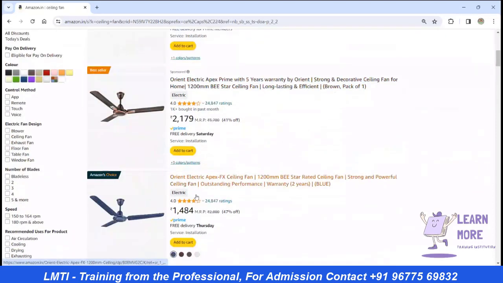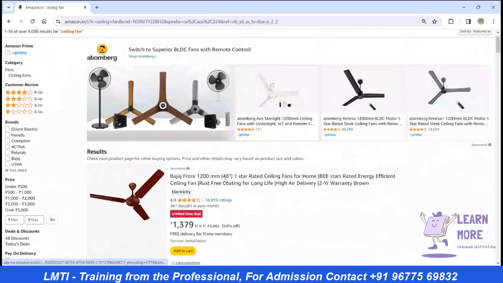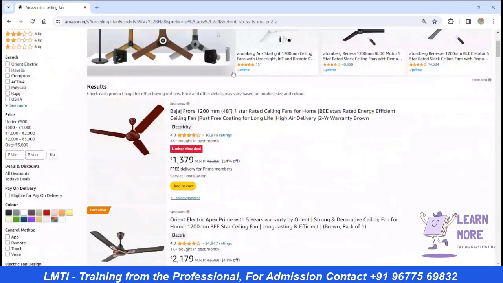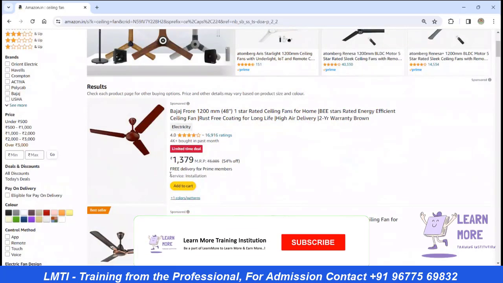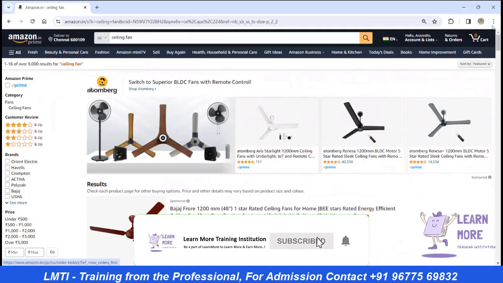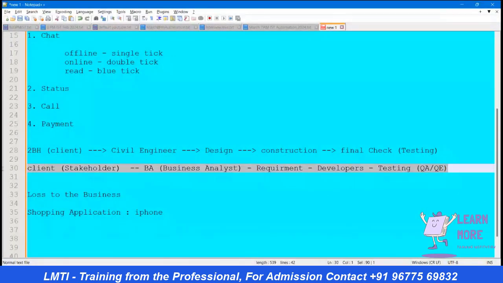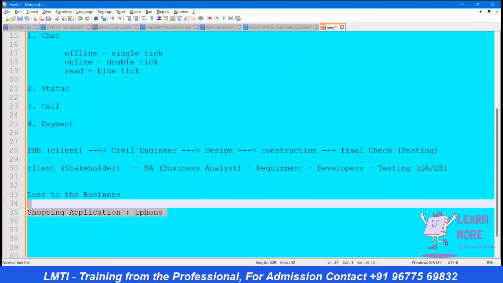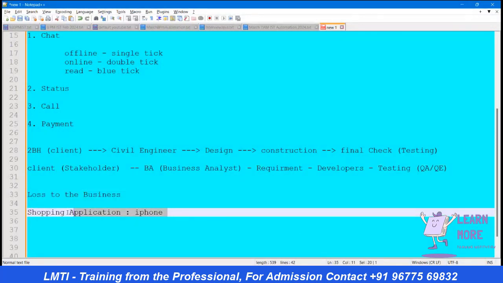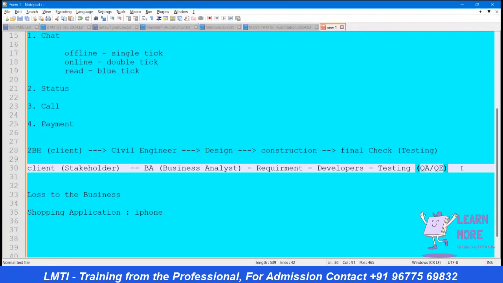Because from the search result they are unable to see the iPhone, which means it is creating a loss to the business. And how can they avoid this loss to the business? By doing the testing activity. So before handing over the specific application to the customer, we are going to do the testing activity. And how are we going to do it? We are going to compare everything